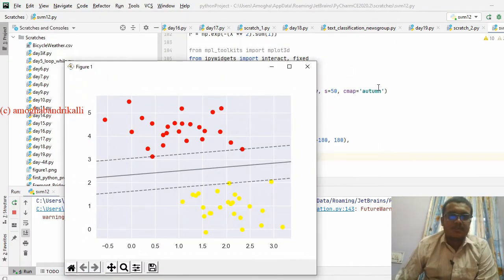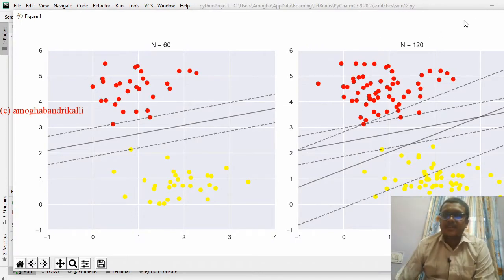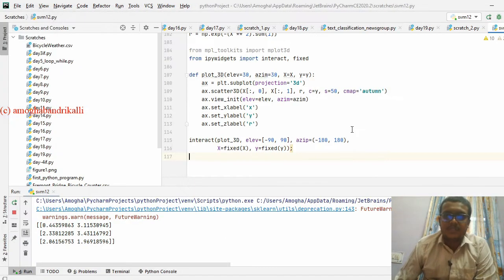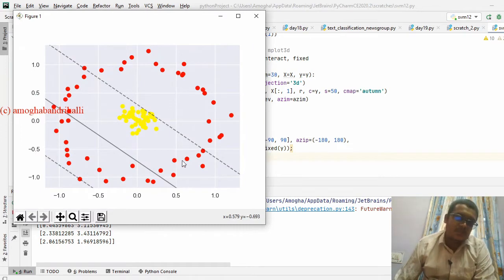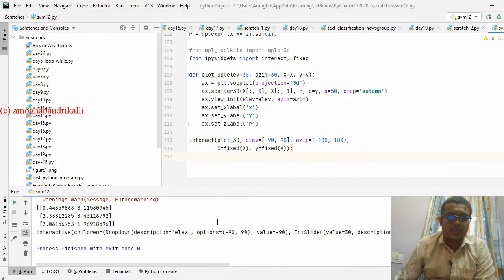So these were the support vectors we have seen earlier. Increasing the training values doesn't change the model. So this is our non-linear data, and we need to convert this non-linear data to linear data.